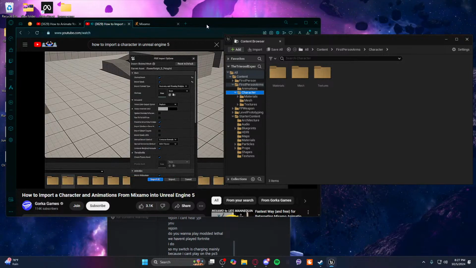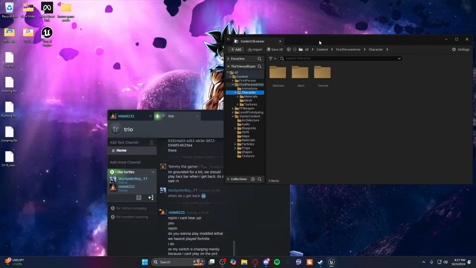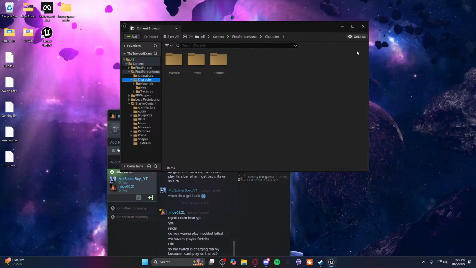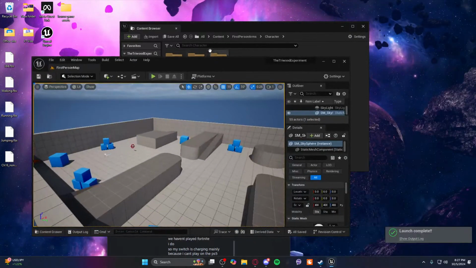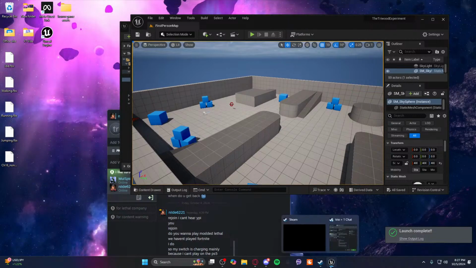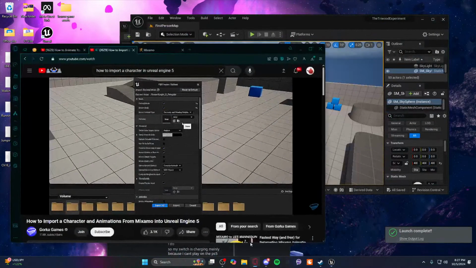So when we open up Unreal Engine, we'll have a few different parameters that we can change in order to basically import our character. Now we're gonna go ahead and reset to default, and we're gonna leave the skeleton as empty because we're gonna go ahead and generate